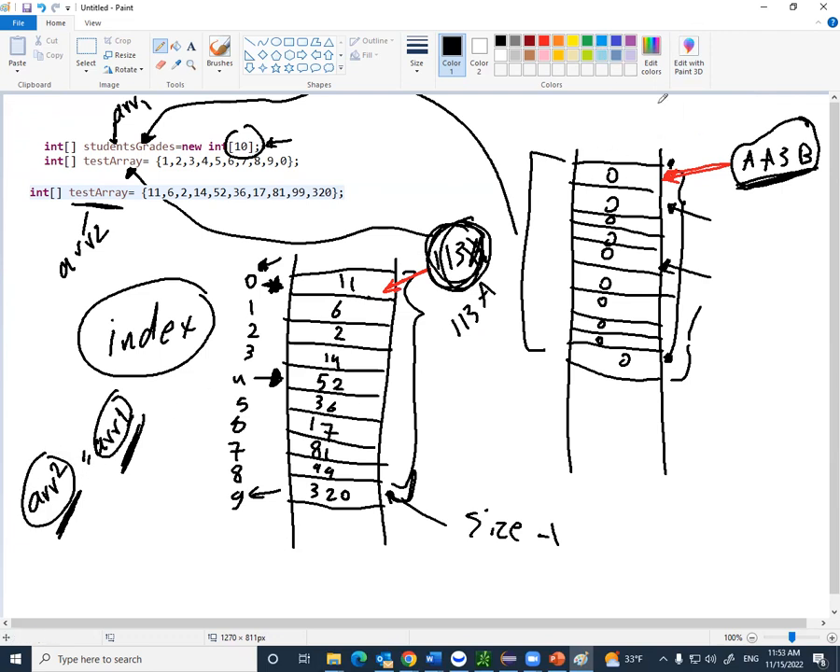Simply, this means that AR1 is pointing here, and AR2 is pointing here as well. So I have two arrays referencing the same spot inside the memory. You may ask the question, how about this? This is going to be cleaned by the garbage collector. So the bottom line,